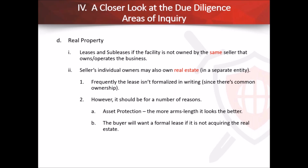In addition to cleaning it up for a buyer, you have asset protection. The advantage is the more arm's length it looks, the better. If you're treating the entities separately, and sales tax is paid and everything, it's less likely that somebody could come in and